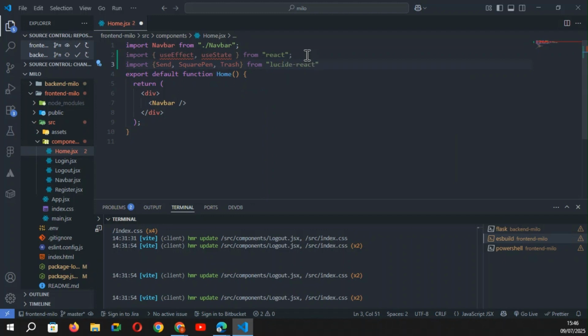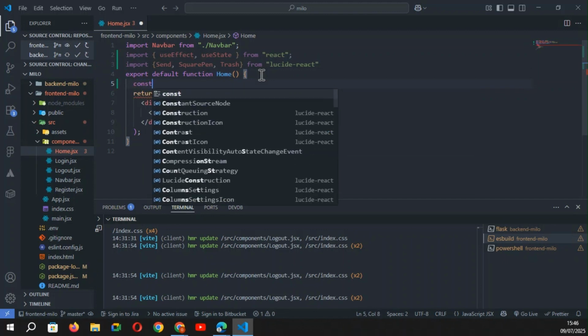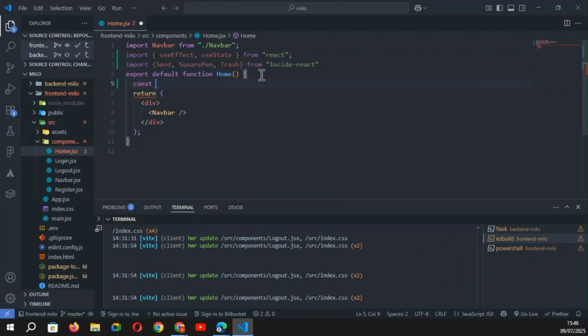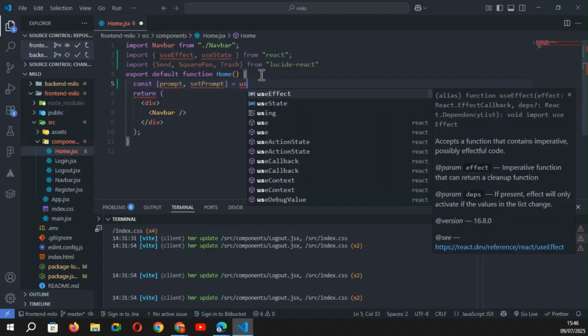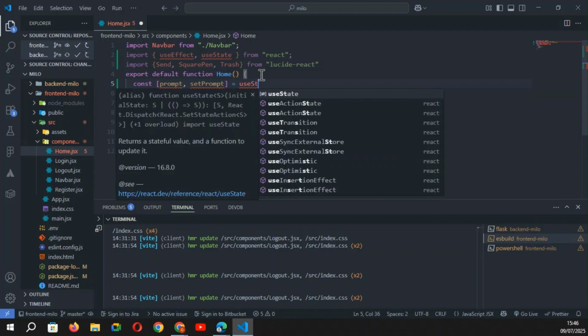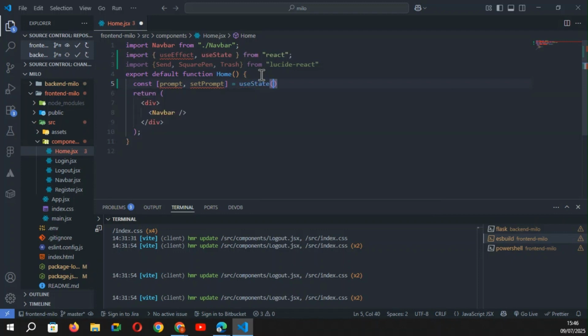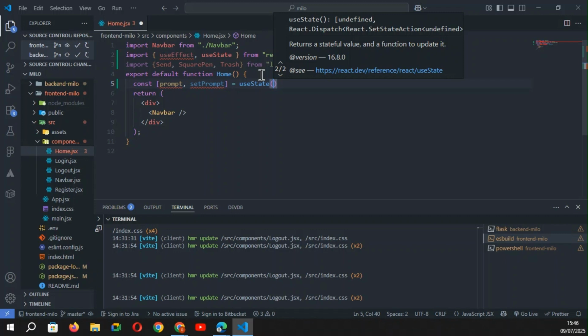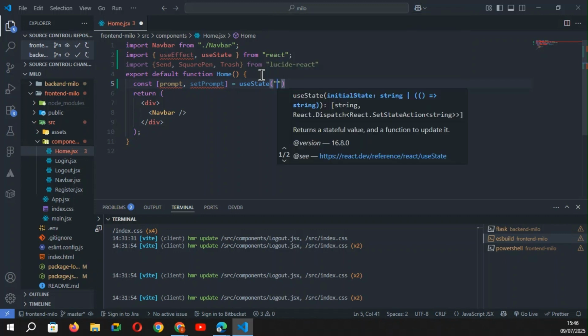Okay, and so in my function home, I define different states. So const prompt, setPrompt equal useState, and it will be a string, a text character. Okay,